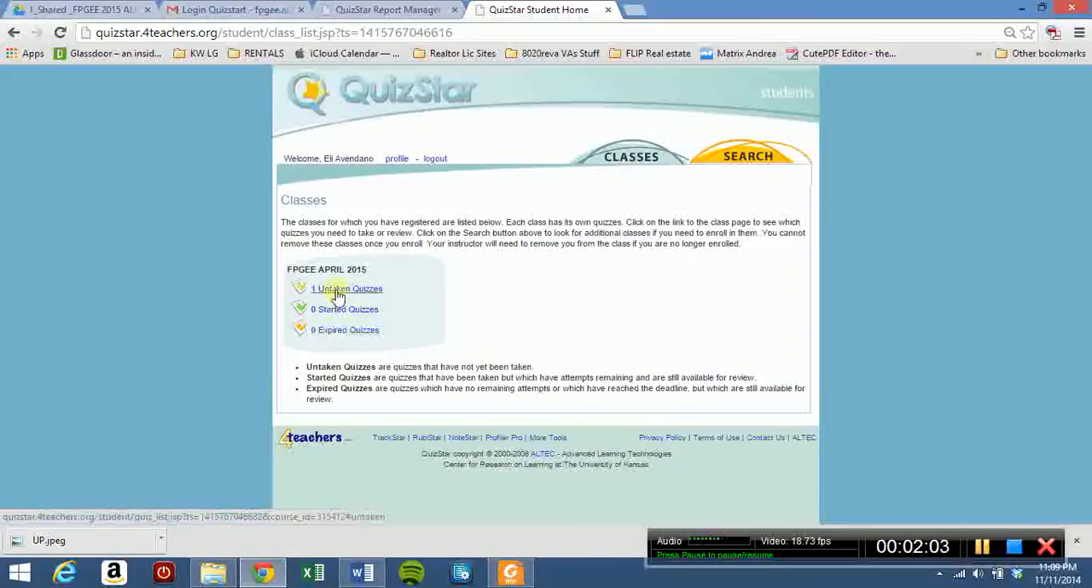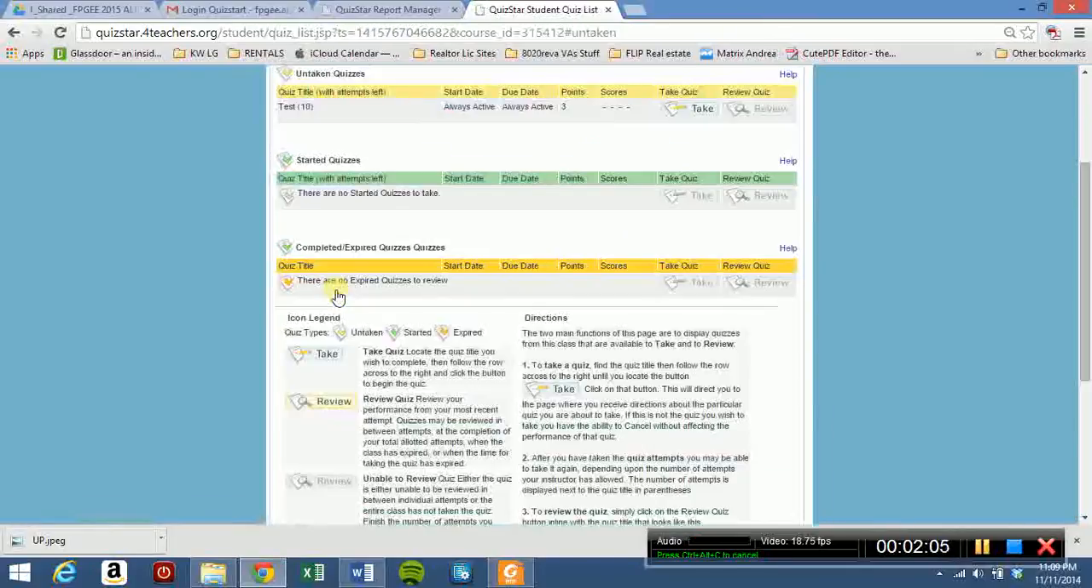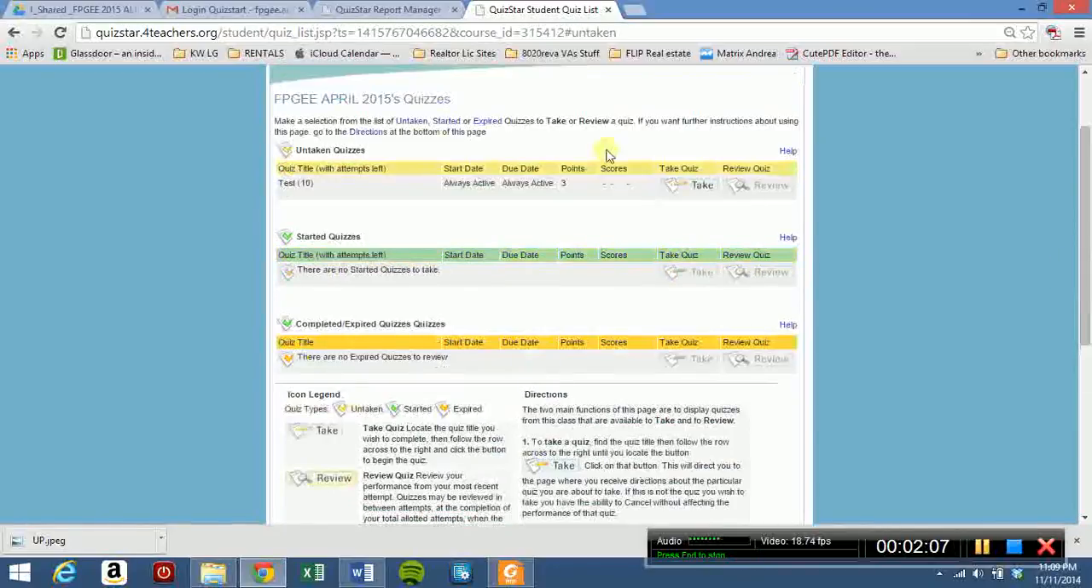So first you will go to here, untaken, and here it gives you all the quizzes that are available. The ones you have not taken yet, the ones that you have already started taking, and the ones you have completed. Obviously the first one will be the untaken, and I have made this little test here just as a sample. Okay, so you will click on take,